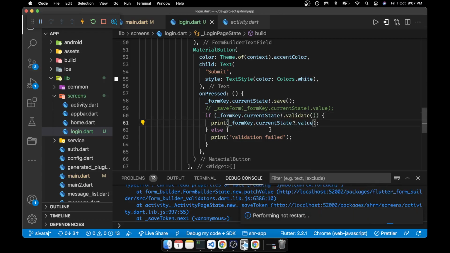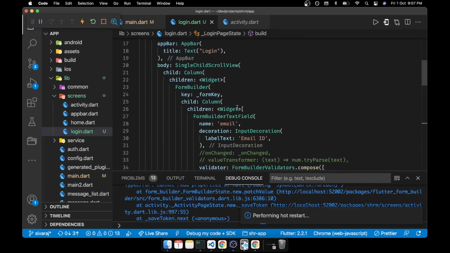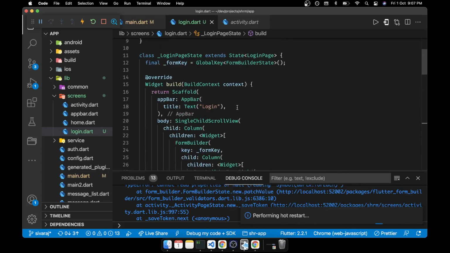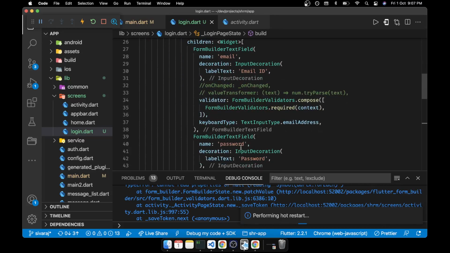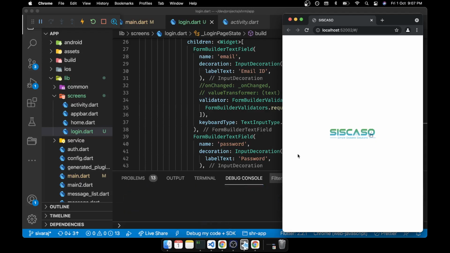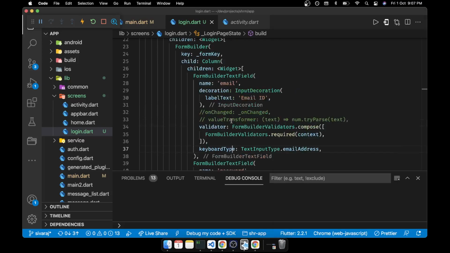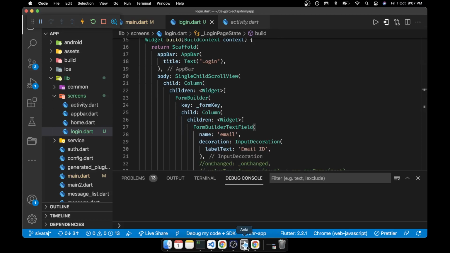Okay, so now we'll try to restart the server. So far, did we add anything new here? No, sir. Nothing, we just added the form builder. We just went there, copied the related items, pasted them, and changed the title. So this is what we have done. We'll see the outputs. Once the page comes, we'll see what data is coming. I hope it should work. If there is any problem, then maybe the problem is with single scroll view or something like that, we'll see.